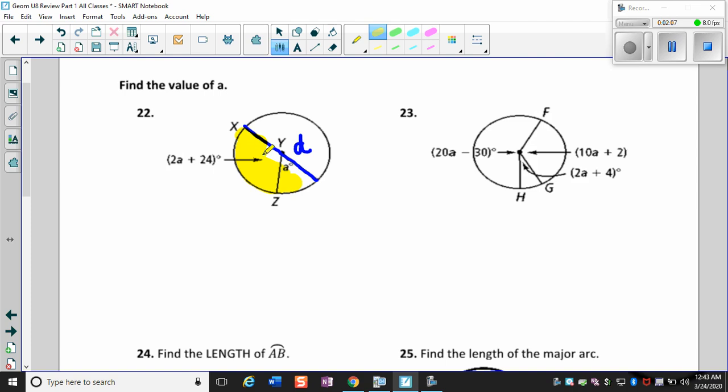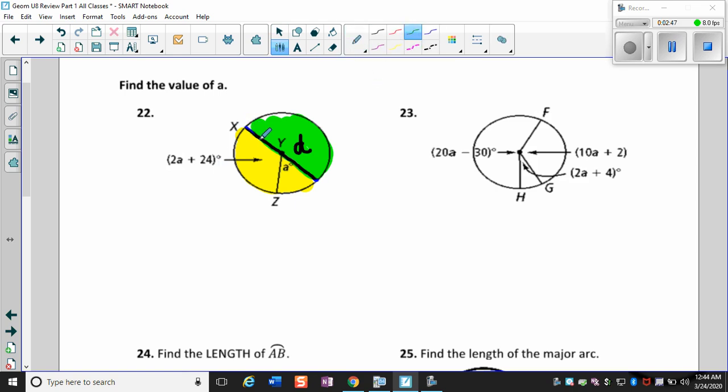Once we see that there's a diameter, you can see that there are two semicircles. I'm going to create both of them here. There's one in yellow, one in green. And you happen to know some information about semicircles. You know that a semicircle measures 180 degrees. Let me erase this little green here. So a semicircle measures 180 degrees. So what we know then about these two angles over here